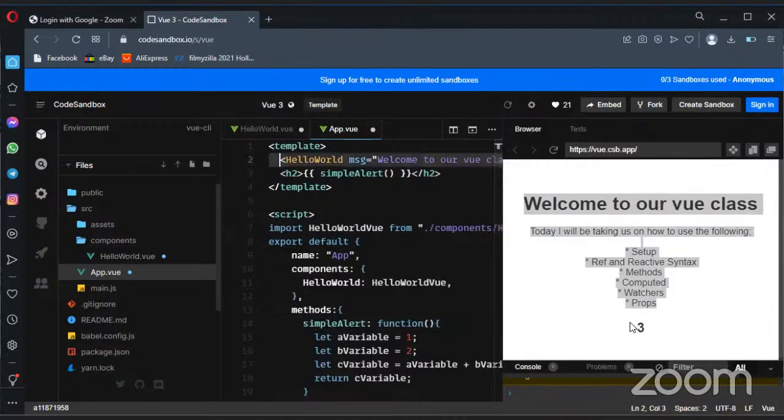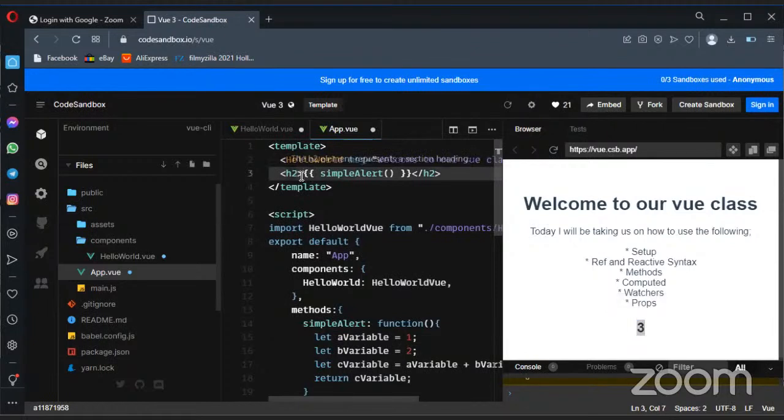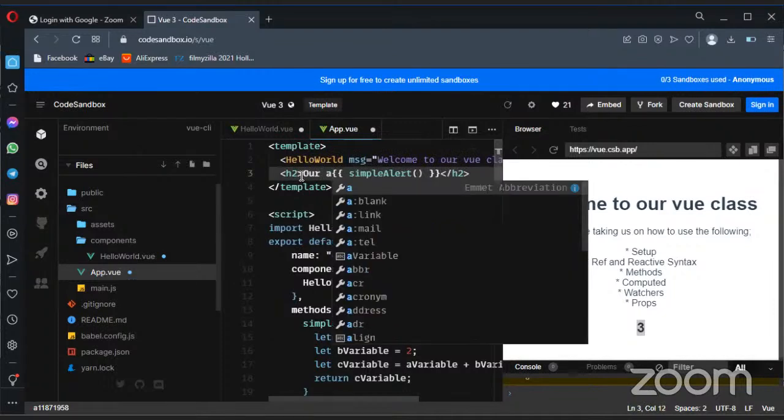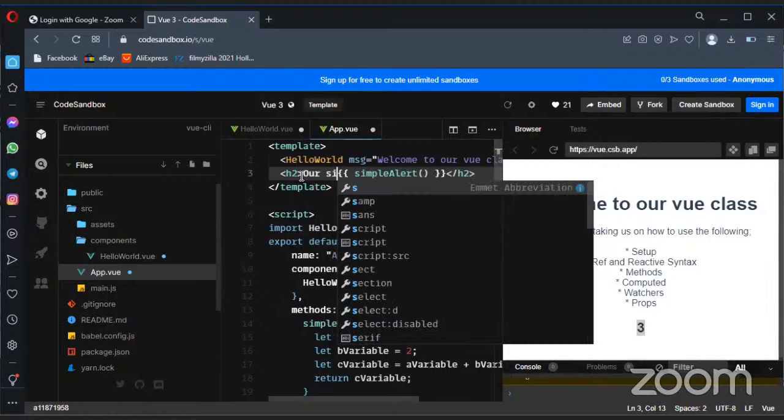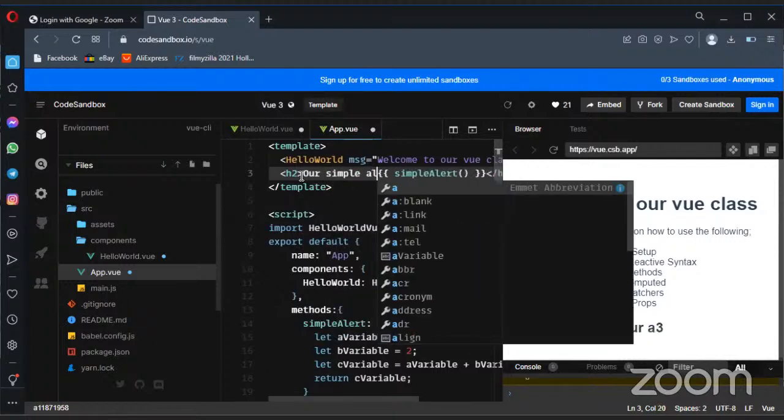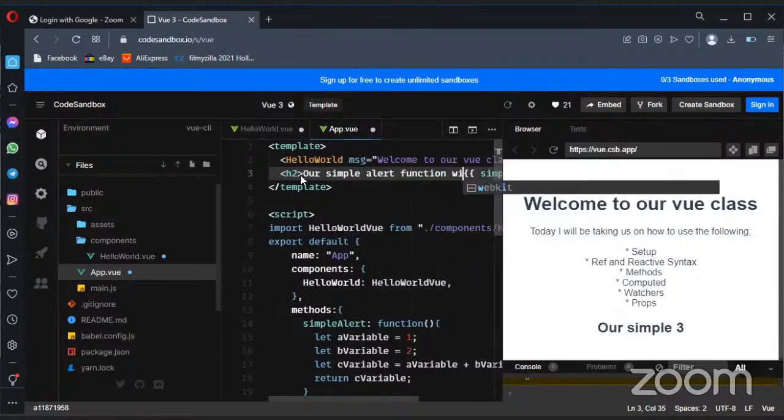That's why this number 3 is here. Okay, let me put a string here so that you will be able to understand. Our alert function, our simple alert function will